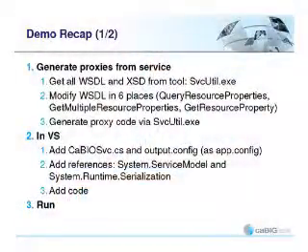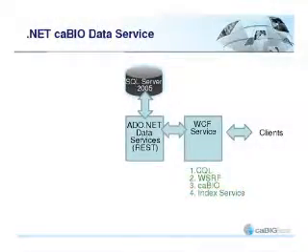This is a recap of what we just did, which was we got the proxies, we modified 6 places in the WSDL, we generated the proxies, and then we added to Visual Studio and our service code, and we ran it. So that's good. Now, on the data service side, which is arguably more interesting, we wanted to see,